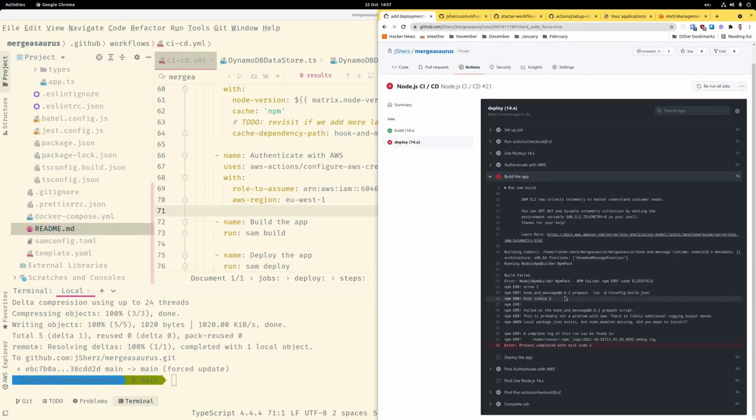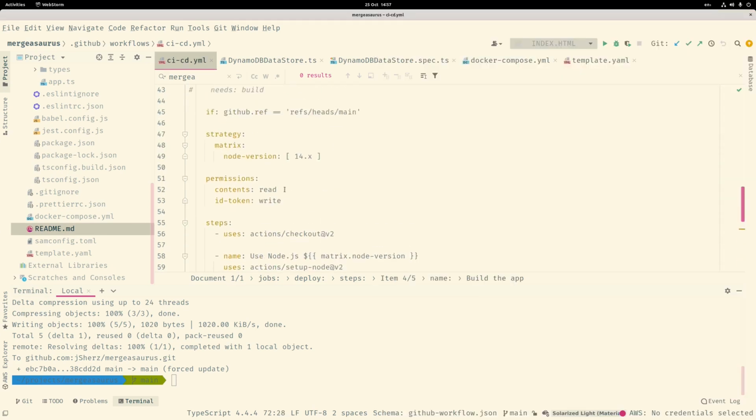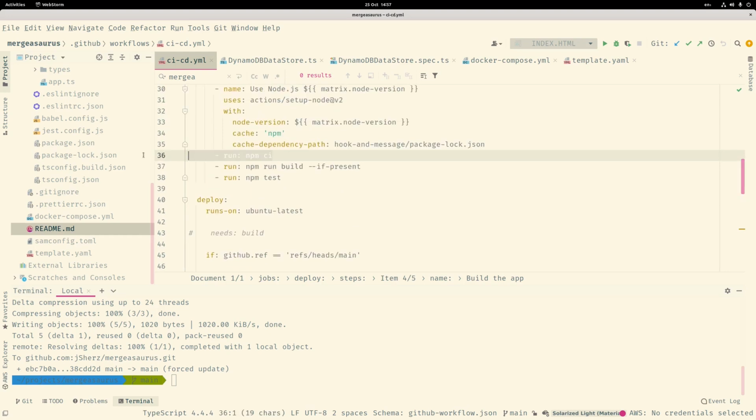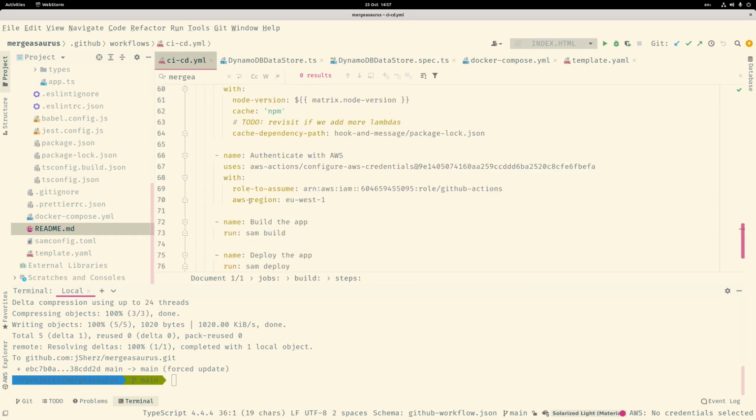And so we're now getting to the point where we are getting an error related to the building step, the TSC step, and annoyingly, SAM CLI is hiding some of the information that we'd need, but it looks like here that it's not actually doing an npm install, which I thought it would do. So let's go back and pop in an npm CI stage, just before SAM build,